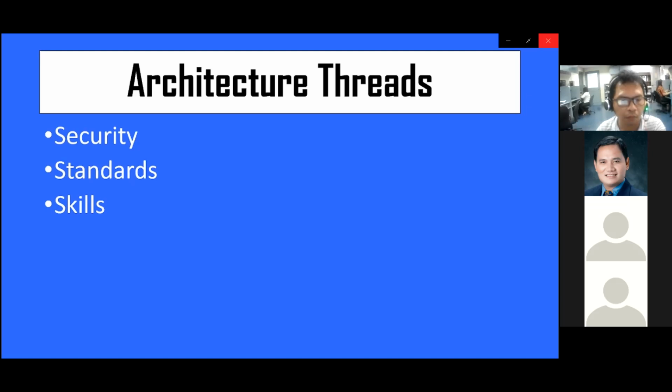And lastly is the skill. This is one of the most important things in EA that should always be considered. Skills pertain to persons. Each personnel in the company has something to contribute. Each domain has to have a group of persons handling it. So it's very important for us to recognize this and manage our human resources in enterprise architecture or in the company itself.